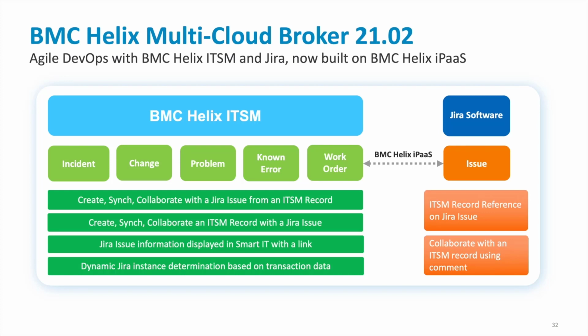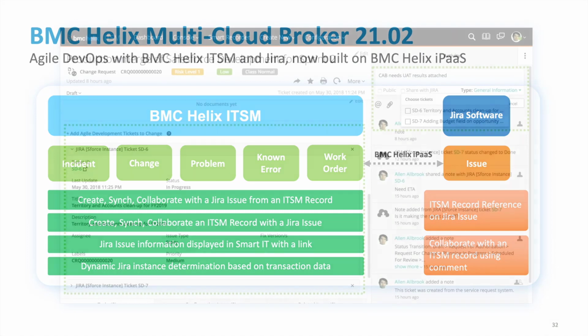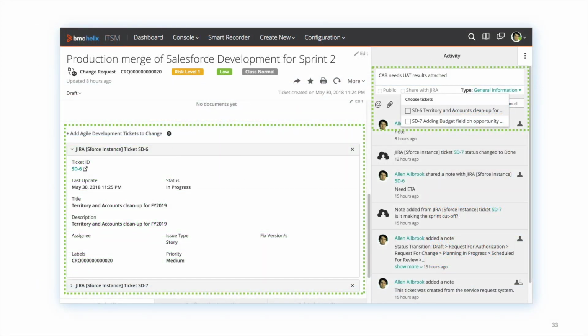So again, same number of use cases here, same capabilities, but now sold and marketed under the new name BMC Multi-Cloud Broker. The other change that we're introducing here is that these capabilities are now available also with BMC Helix iPaaS as underlying integration technology. So it's not just the use cases, including the UI integration capabilities that you see here that